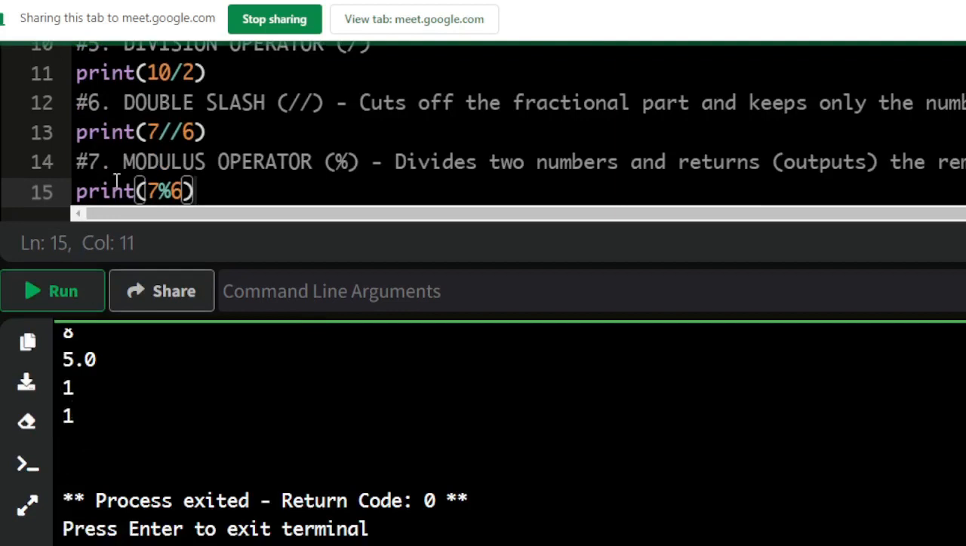You know why? Because 7 divided by 6 is one whole number, and so on. So what it does is, when 7 divides 6,